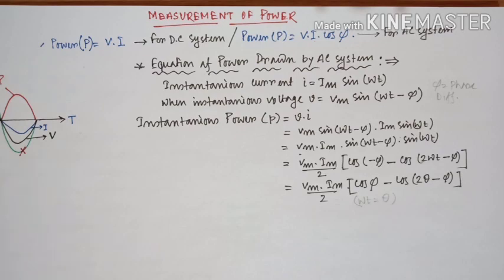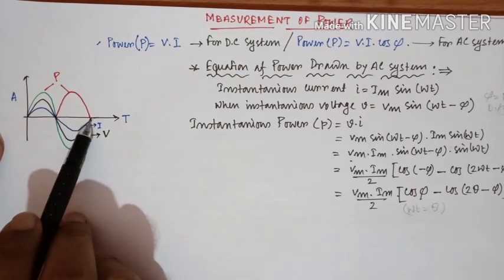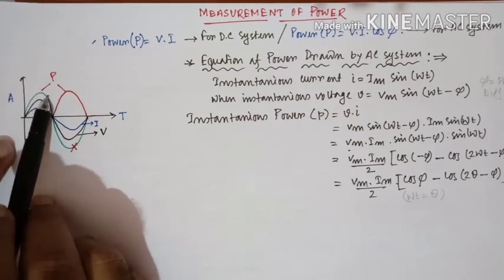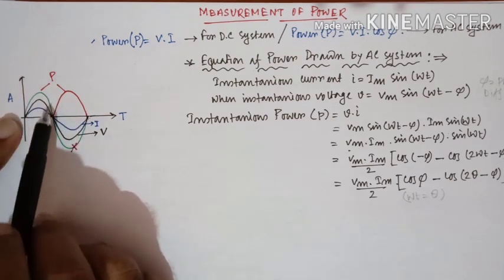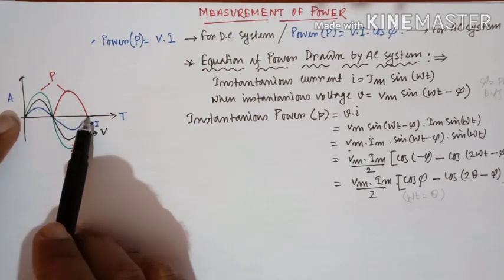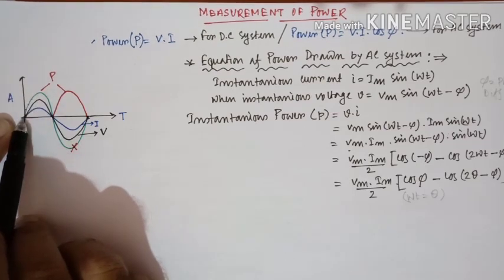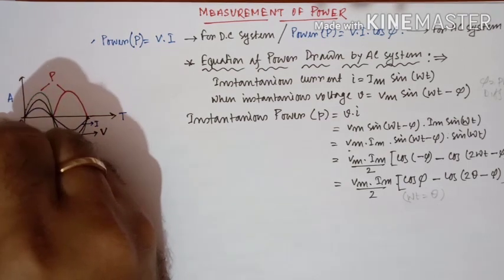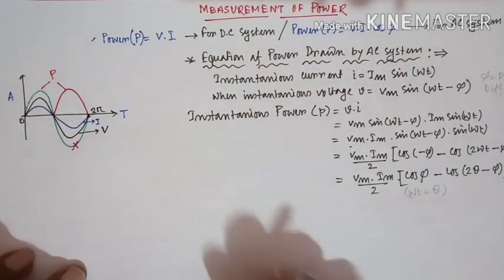Now how to find out the total power delivered to the system or consumed by the system during this period? For that we need to add all the instantaneous values of power starting from this location up to this location. I am repeating it once again. If I need to find out the value of power drawn by the system throughout this particular cycle, then we need to add all the individual instantaneous values of power starting from 0 up to t. So in terms of angle, here the angle is 0 and here the angle is 2 pi. So the average power,